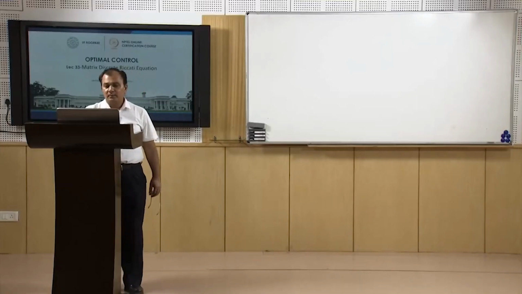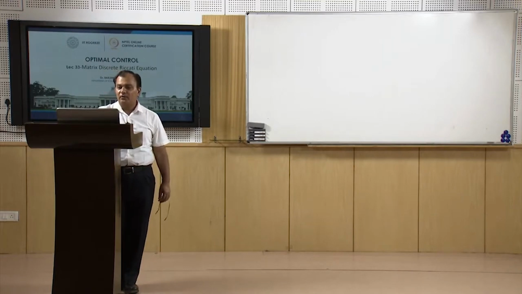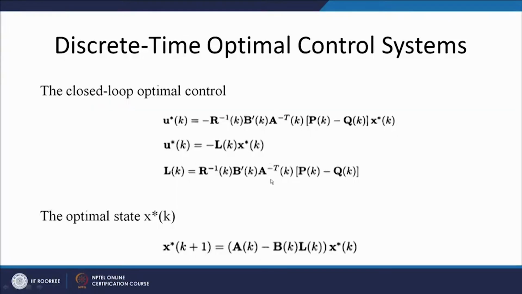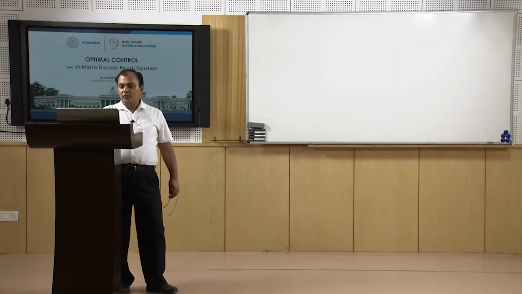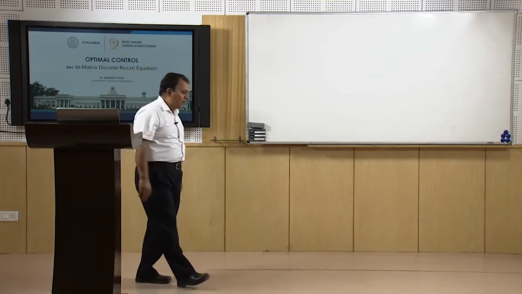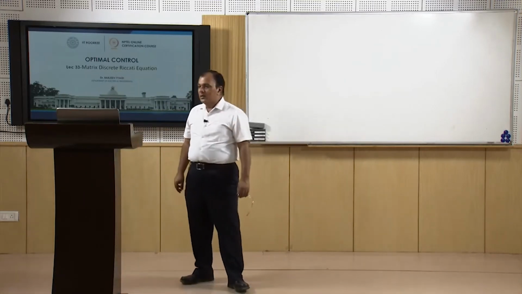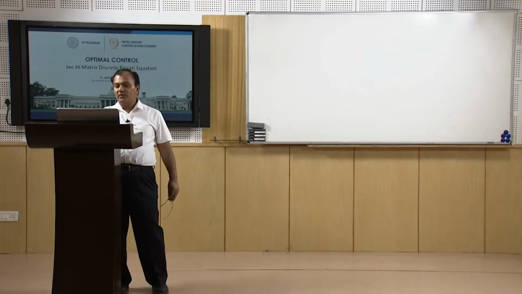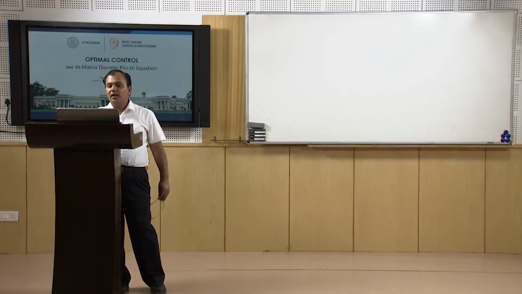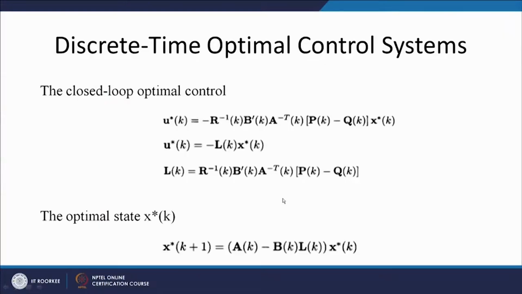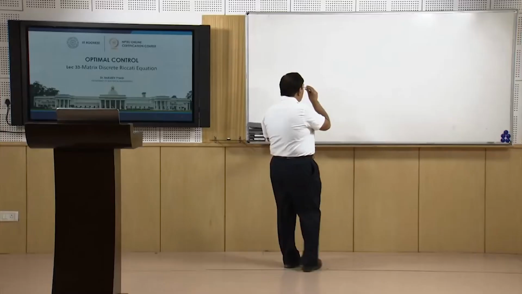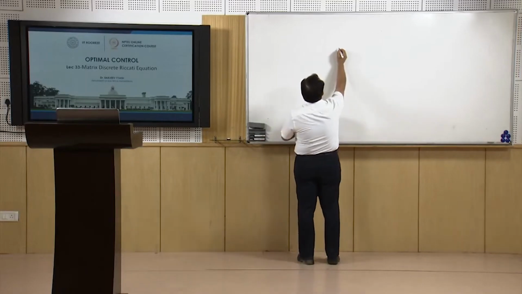In this discussion, as we discussed in the previous class also, to find the value of Uk or Lk, we need the inverse transpose of the matrix A. So, for that matrix A should be a non-singular matrix, otherwise the inverse of this matrix will not be possible. So, to avoid this inverse, we can think of another form of the Riccati equation, which we will discuss today. As we have given my Riccati equation as